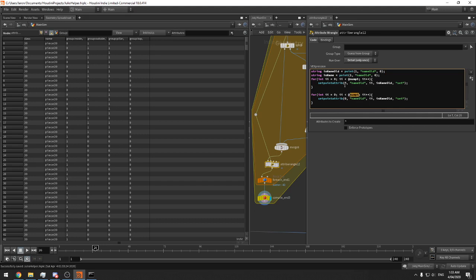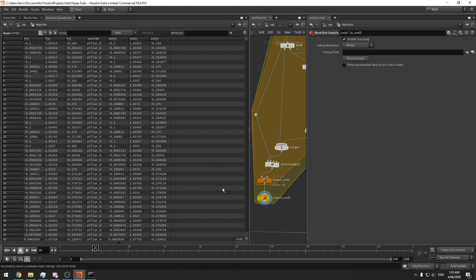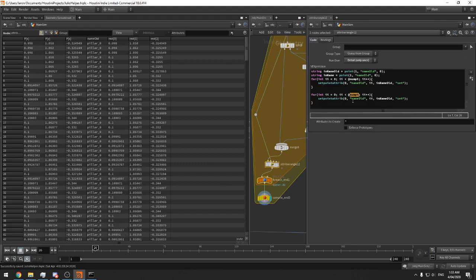Now, I don't want to set a point attribute, because if I compiled that, I would be making a new name attribute, I believe. No, I'm not, because I'm just setting name old. But what I do want to do is set this to the prim attribute, so I'm going to say set prim attribute, but I'm going to say yes, you are the name,